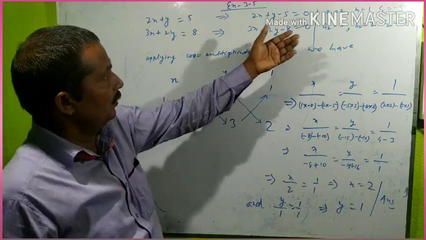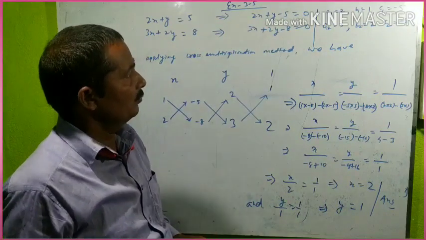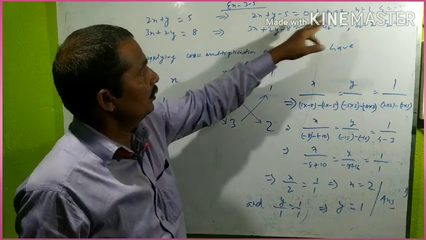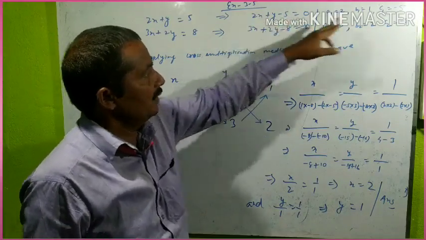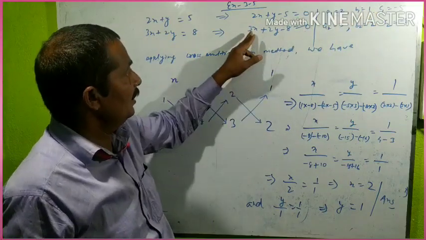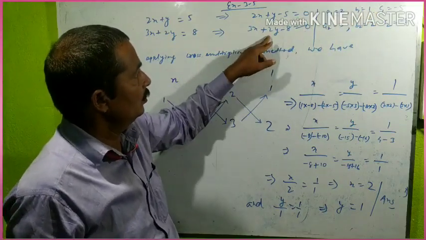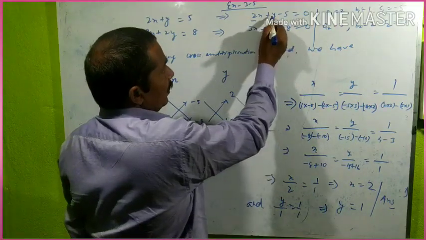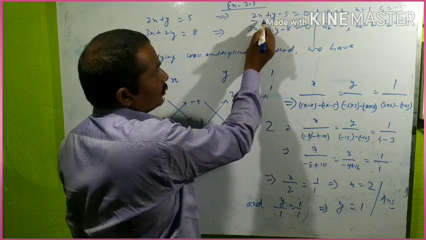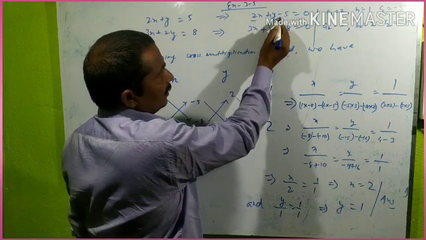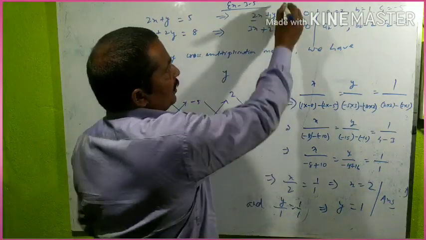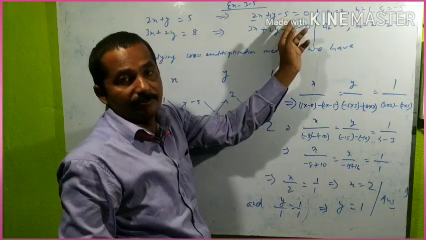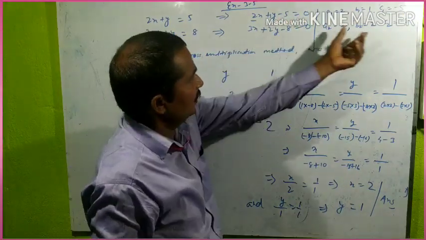Now, as you know, according to the basic forms of the pair of linear equation, I have written their values here now. a1, 2, b1, 1, c1, minus 5, I have written here. Similarly, a2, 3, b2, 2 and c2 minus 8. This is a1, coefficient of y is 1 here. So a1, b1 and c1 minus 5, because basic form is plus c1 now. Plus c1. So here will be c1 is equal to minus 5. And I have written down also in the similar way.